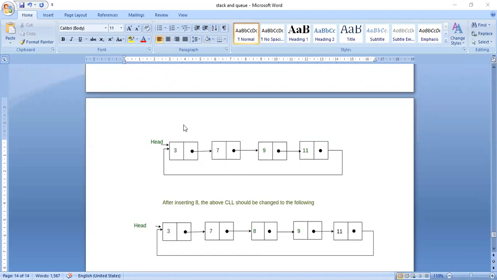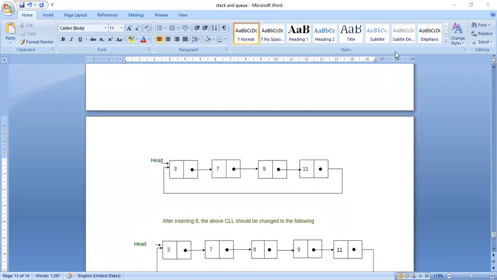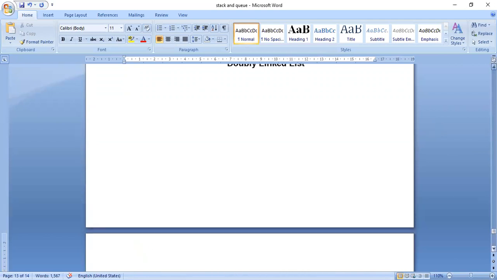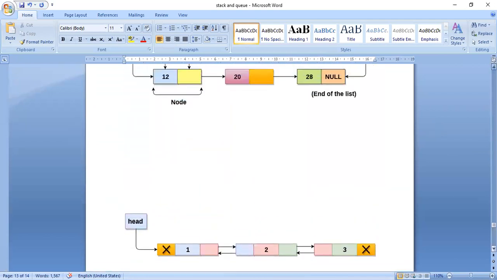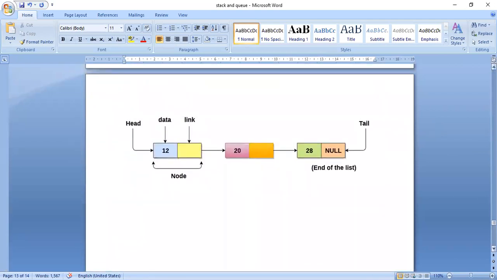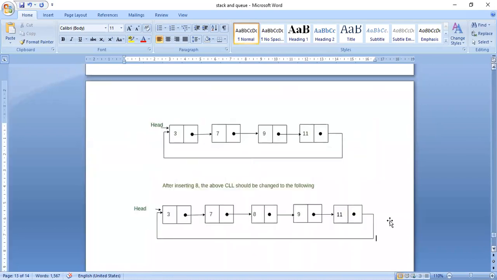So now, to implement this circular linked list, what should I know?